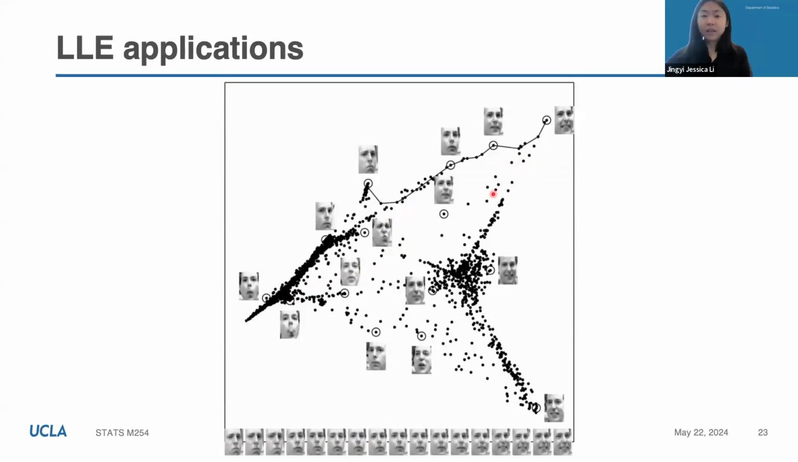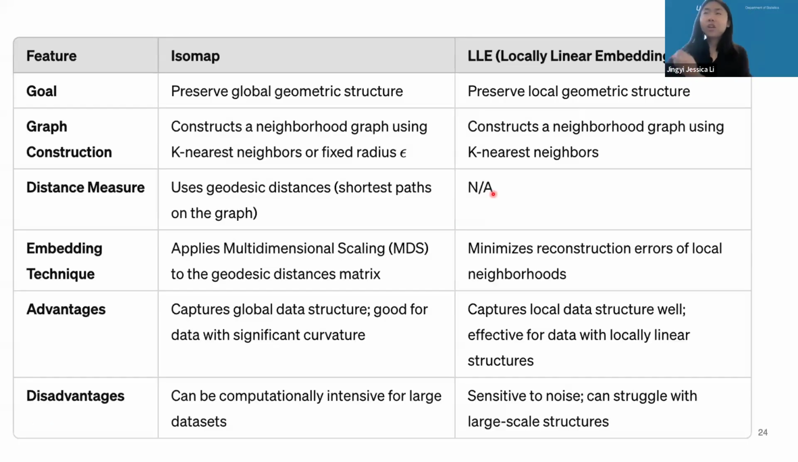All right, so now let's compare these two early methods published in Science 2000, ISOMAP versus LLE. Their goals are different. ISOMAP tries to preserve global geometric structure. LLE tries to preserve local geometric structure. One is global, one is local, because LLE doesn't even have the global geodesic distance. For graph construction, ISOMAP can construct a neighborhood graph using K nearest neighbors, K-ISOMAP, or a fixed radius epsilon, epsilon-ISOMAP,